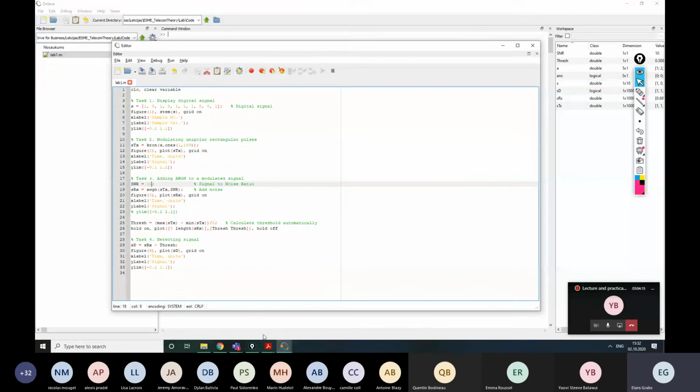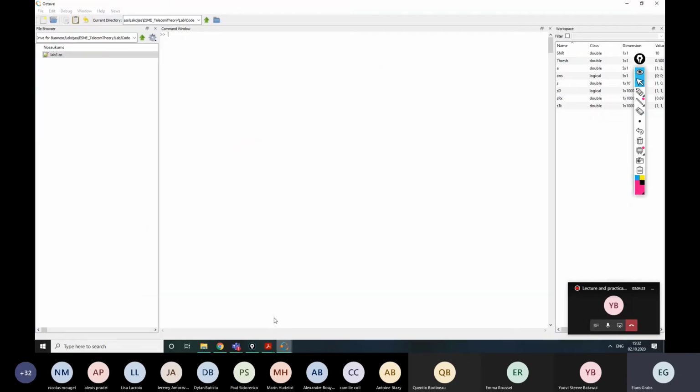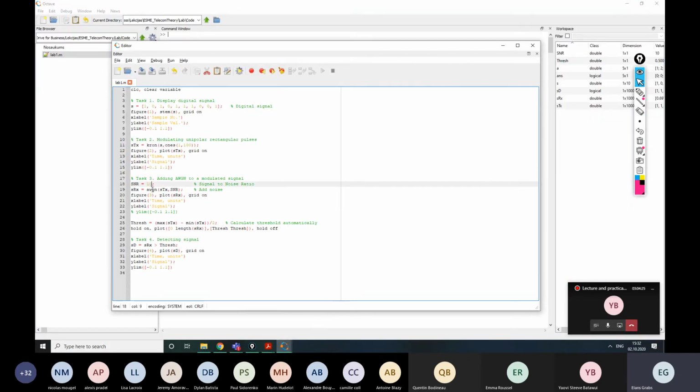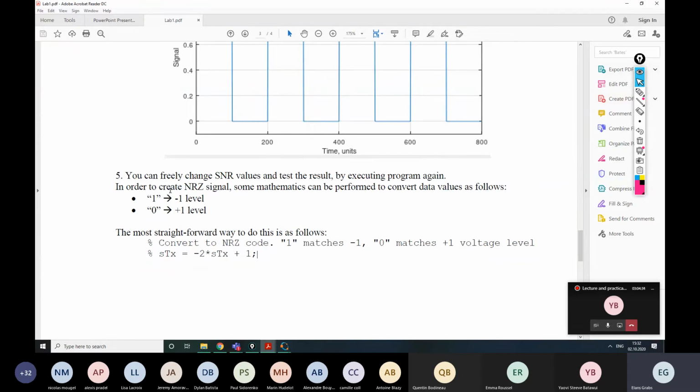So the only thing we need to do to make this NRZ code is adding this mathematical expression right before adding noise. So what is that mathematical expression, how does it work? Basically, we need to convert our 1 value to -1 and 0 to +1. Actually, we can create a